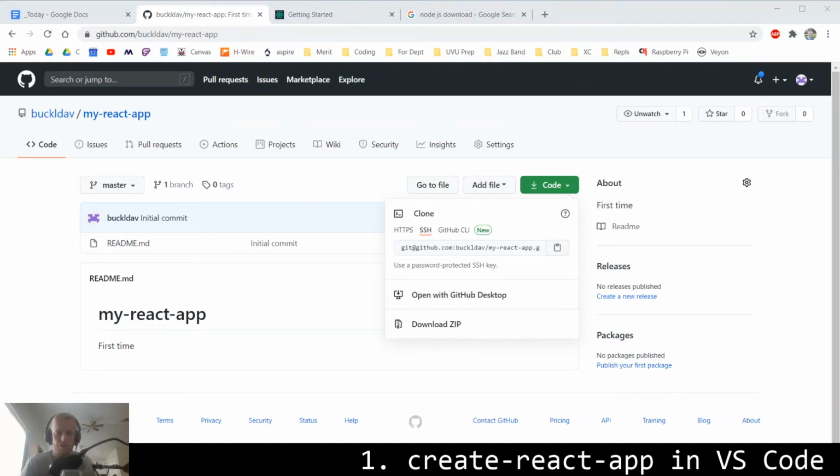You can use SSH or HTTPS, whichever one you're configured to use. And now that we've cloned the repository, I'm going to open that folder in Visual Studio Code, and we're going to say